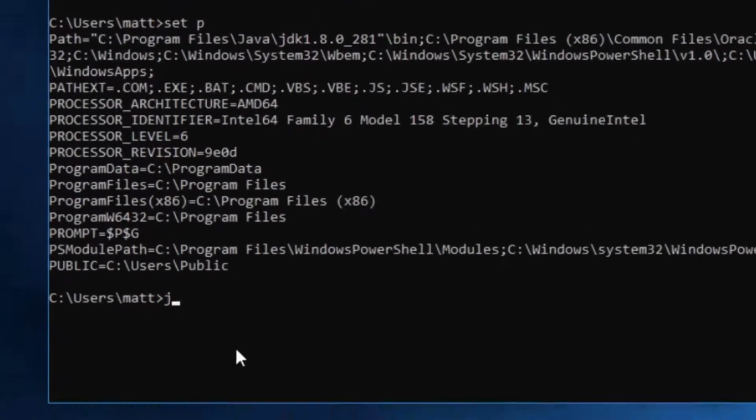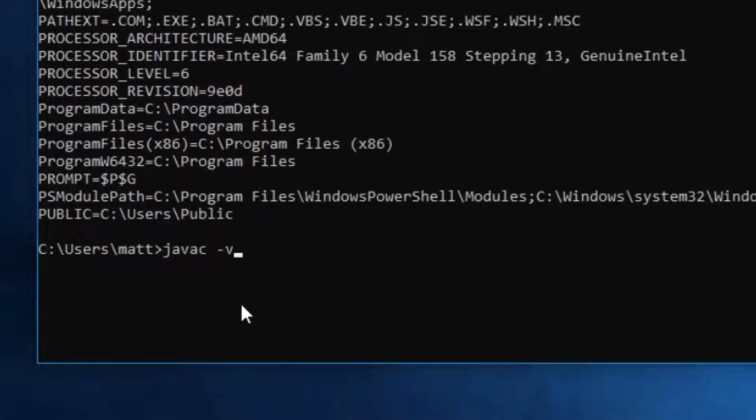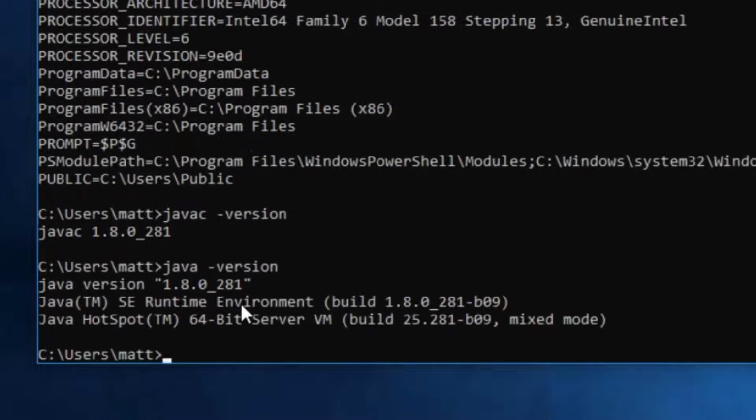If we now type in javac for the Java compiler and do version, then we should get a message back which says it's the 1.8 Java compiler. And the reason we're doing version is that it's a nice, quick and simple way to verify that a given command has been installed properly, which in this case is javac. And we can do the same thing for java as well, which is the JVM. That means that we've got the JDK set up correctly. And just to double check that as well, we check the Java version. And similarly, we also have the same version here. So these two versions match now, 1.8.0_281, 1.8.0_281, which is fantastic. So here we've got the Java compiler, and we've got the Java virtual machine.